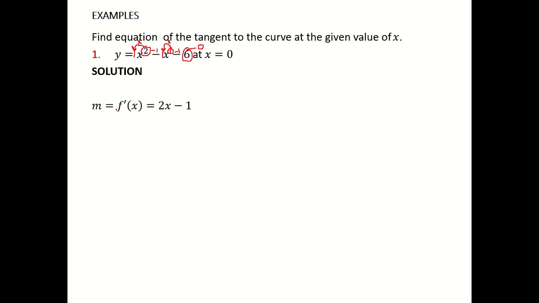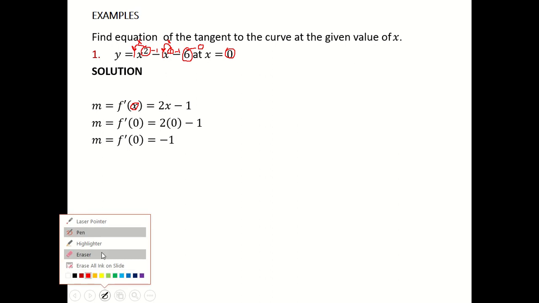Now, for me to find the gradient at a point where there's x, I'm going to substitute the x coordinate of the point into this first derivative, into the first derivative. And when I substitute 0, this is what I'm going to get, meaning that the gradient of the tangent to the point is -1. I only have the x-coordinate of this point. So for me to find the y-coordinate of the point, I'm going to take the given x value